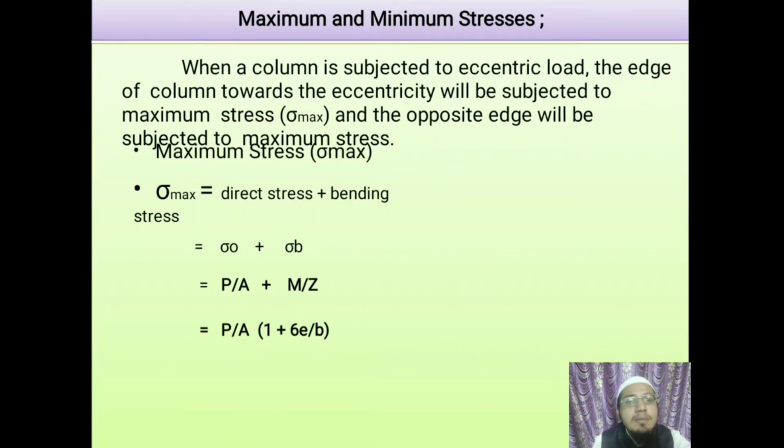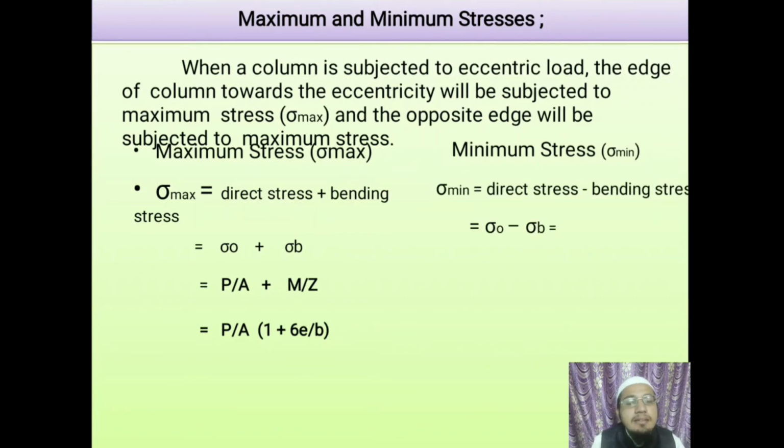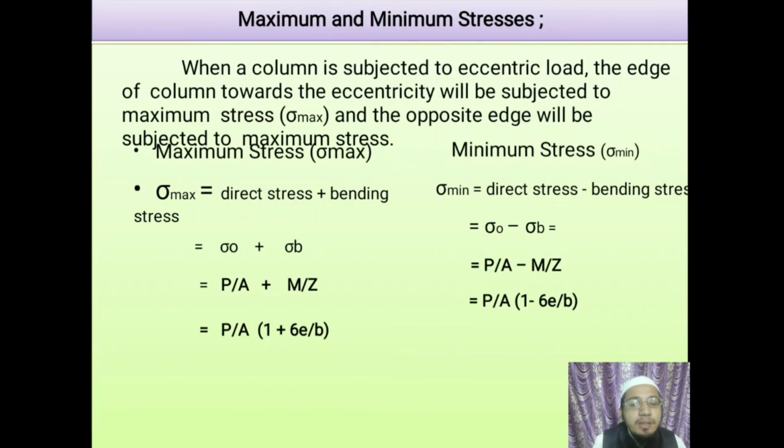Now what about the minimum stress? In case of minimum, we simply take the difference between the direct and bending stress, that is direct stress minus bending stress, or we can write it as P by A minus M by Z. By substituting the values, we get the formula sigma minimum equals P by A into 1 minus 6e by b. So what is the formula for sigma max? Sigma max equals P by A into 1 plus 6e by b, and sigma minimum equals P by A into 1 minus 6e by b,